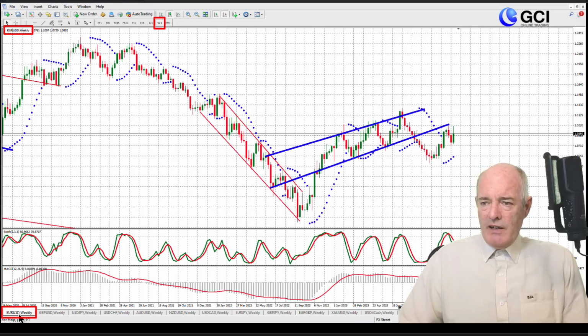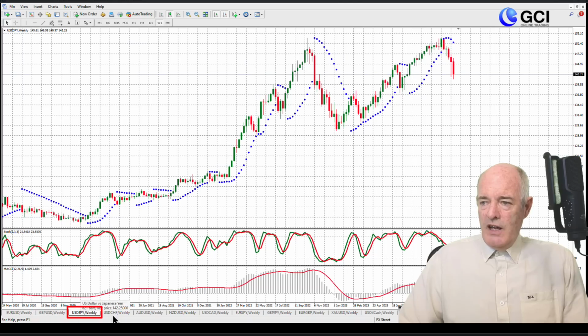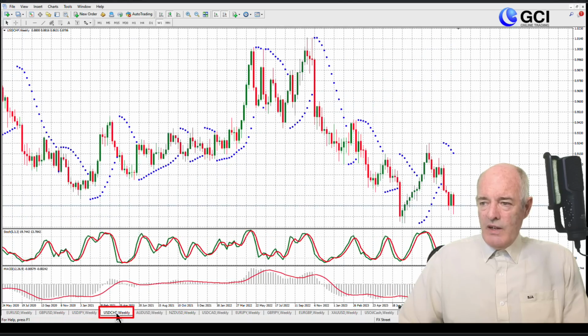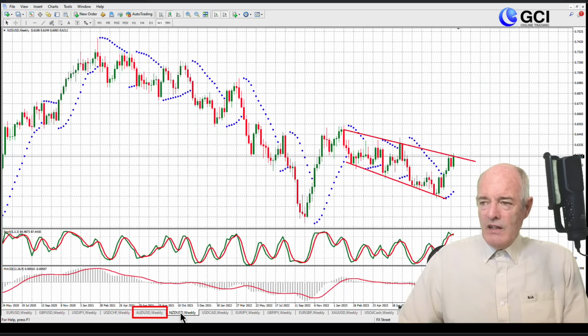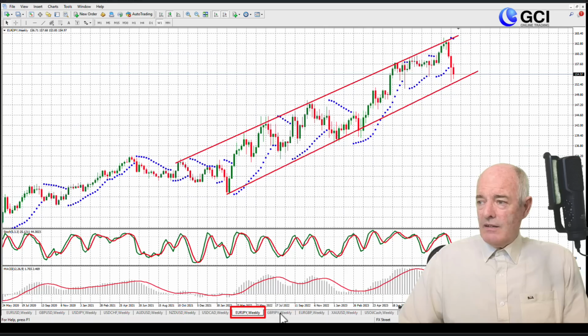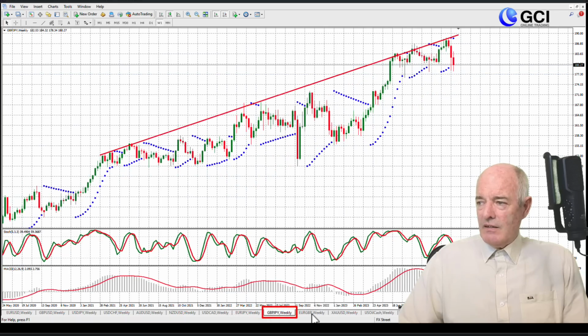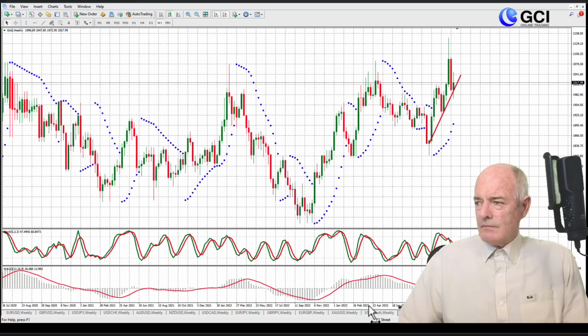So basically, I've got here euro dollar. So here are all the pairs that we look at. There's euro dollar, there's pound dollar, dollar yen, dollar Swiss, Aussie dollar, New Zealand dollar, or Kiwi dollar as we call it, dollar CAD or loonie, euro yen, pound yen, euro pound, gold,